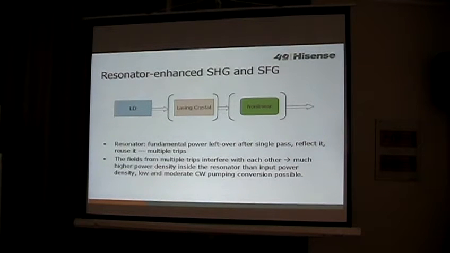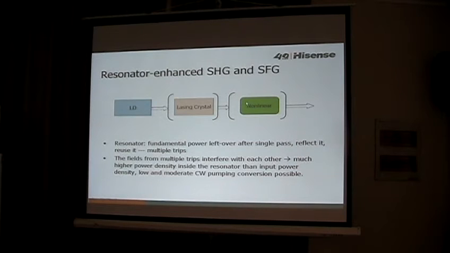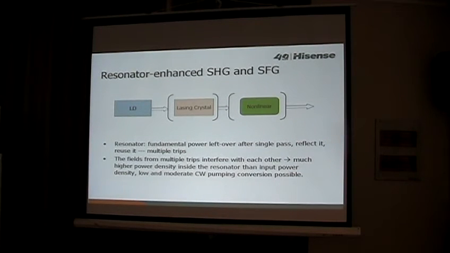So naturally, you want, for example, to add a mirror to reflect the unused fundamental power. If we add the cavity mirror on this side of the cavity, then the unused fundamental power will get inside the cavity many times and will make much better use of the fundamental, or pumping, power. Actually, when you have a cavity, you will get